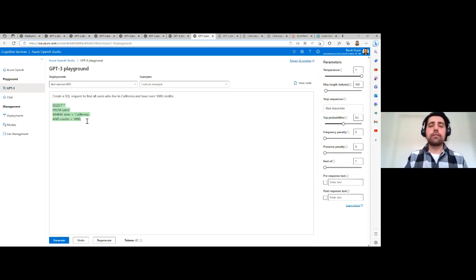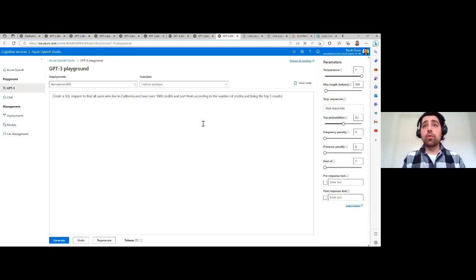But as a user, think about it, I'm really not able to write the query or edit the query in there. So I just want to put one more filter, and I want to sort the results according to the number of credits, and I want to see the top 5 results as a result of this SQL request. So if I regenerate the responses, then I will see there is a couple of line edits to the query, and basically I can manage SQL interactions by natural language